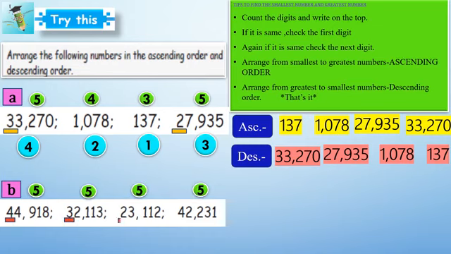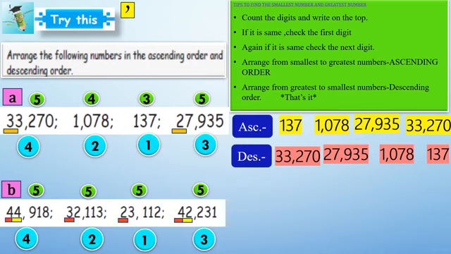All are in 5 digits only. So I'm going to focus on the first digit. Okay, this is the first one and this is second number, and both started with the same digits, isn't it? So I go to the second digit. Here 4 and here 2. So now this is the third answer. Finally, this is the fourth answer.